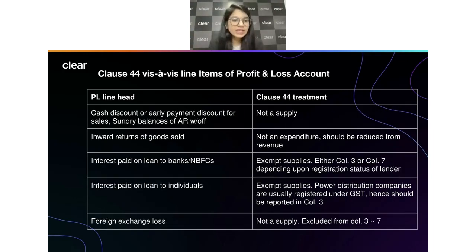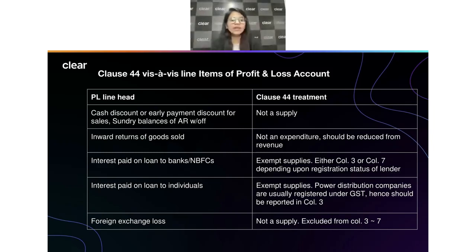Now, the next point is the cash discounts or early payment. If you ask me about cash discounts and all, see, all cash discounts are actually reduced from purchase itself. So you just have to show the net figure over there. That is how we have to show it. If you talk about inward return of goods sold, there are cases, let's say, you would have sold something, then you got the goods back, right? Again, when you got the goods back, it's not inward supply, it was sales return. And whenever there is a sales return, you don't have to report this information when it comes to clause 44,